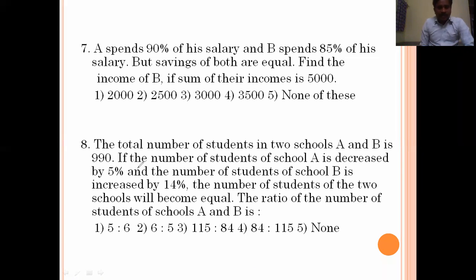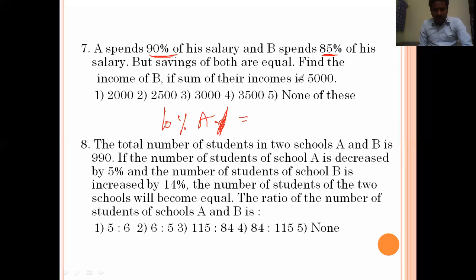Next. A spends 90% of his salary and B spends 85% of his salary, but savings of both are equal. Find the income of B if the sum of their incomes is 5,000. Now, A spends 90% means how much amount does he save? 10%. A saves 10% of A, equal to